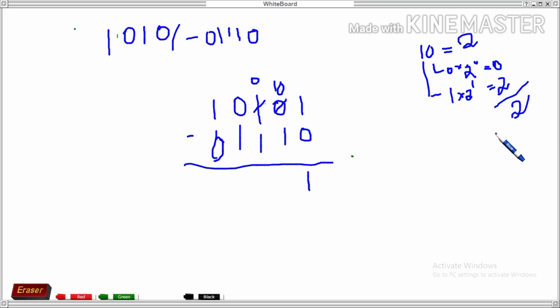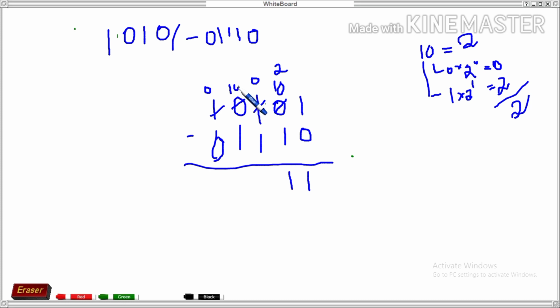Alright students, till here understood? Now you tell me, here it is 1 0 in binary, but in decimal we will take it as 2. Okay, in decimal we will think of it as 2, and from 2 if we minus 1, what will be the answer? 1. Understood? Next again 0 minus 1, so we cannot minus, so again we will borrow. So see, here it is 0, so can we borrow from 0? No, so we have to borrow from here, so we will cut and it will become 0. Okay, and this 0 we will cut, it will become 1 0.